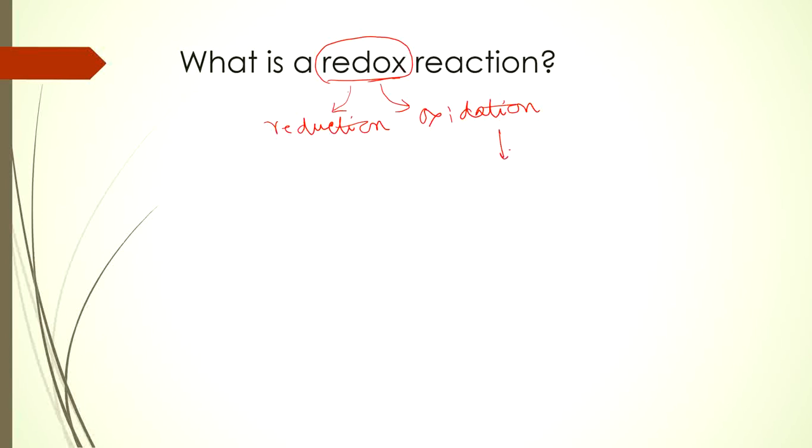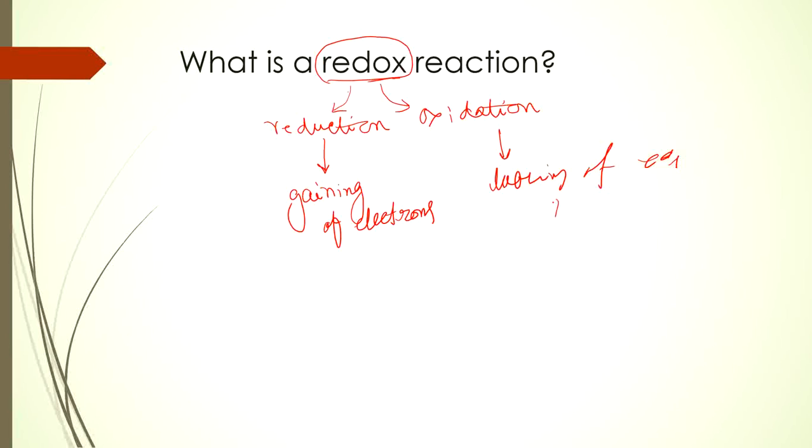What is basically the oxidation? The oxidation means losing of electrons. What is then basically the reduction? Reduction means that it is the gaining of electrons. Okay, oxidation is where an atom is actually giving up electrons, reduction is where it is gaining or accepting electrons. Or in other words you can say that oxidation means